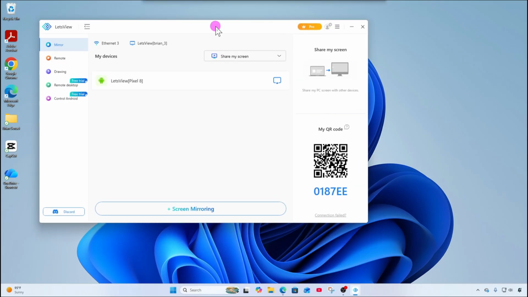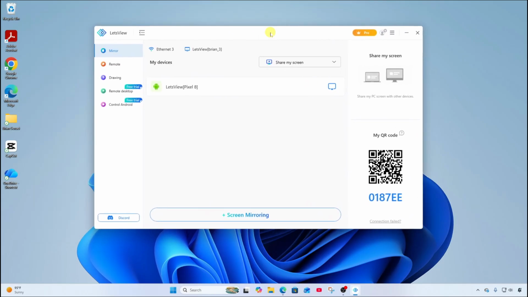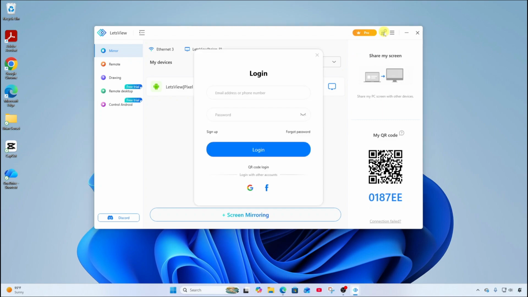All right, I'll go ahead and close this. And we get back to our Let's View app. And you'll notice from here, I can actually select my Google Pixel phone, the Pixel 8, and I can cast from my desktop computer onto my Pixel phone. I also want to call out that I did not have to sign in or create an account